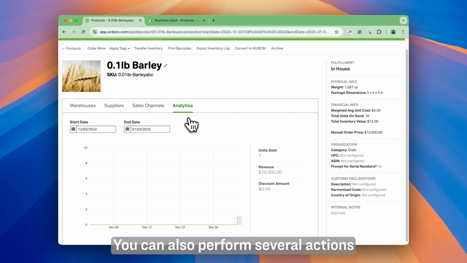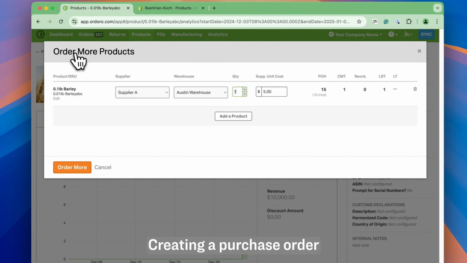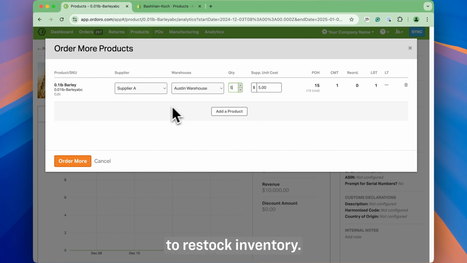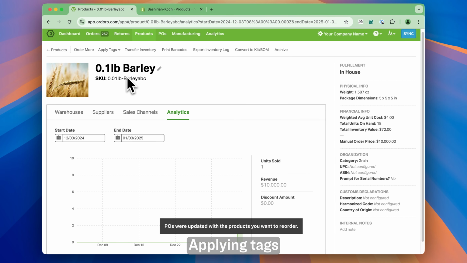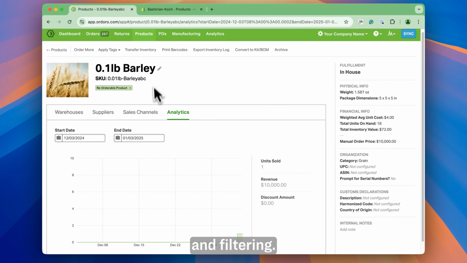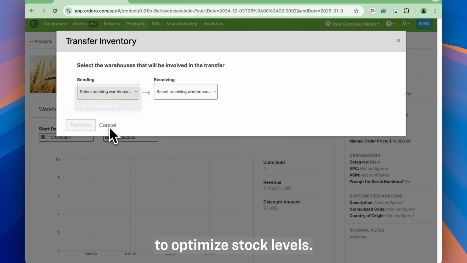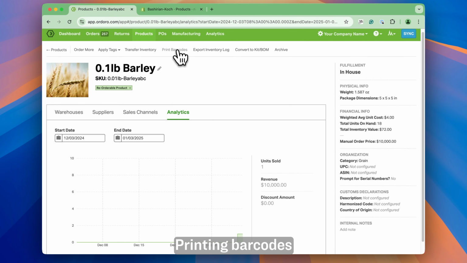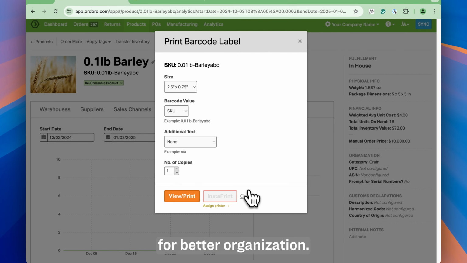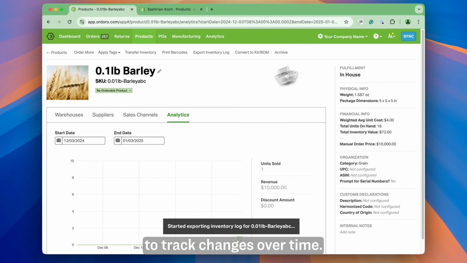You can also perform several actions directly from this page, such as creating a purchase order to restock inventory, applying tags for easier categorization and filtering, transferring inventory between warehouses to optimize stock levels, printing barcodes to label your products for better organization, exporting inventory logs to track changes over time,